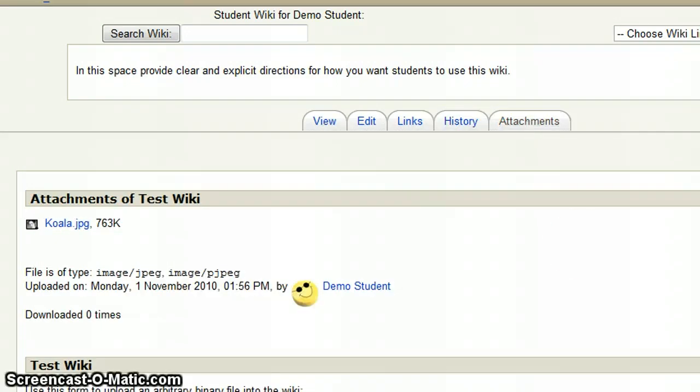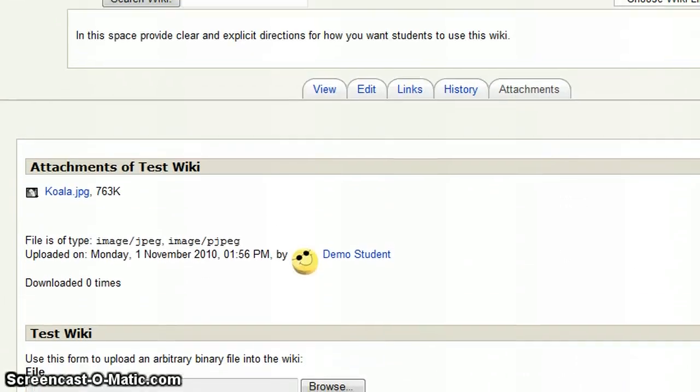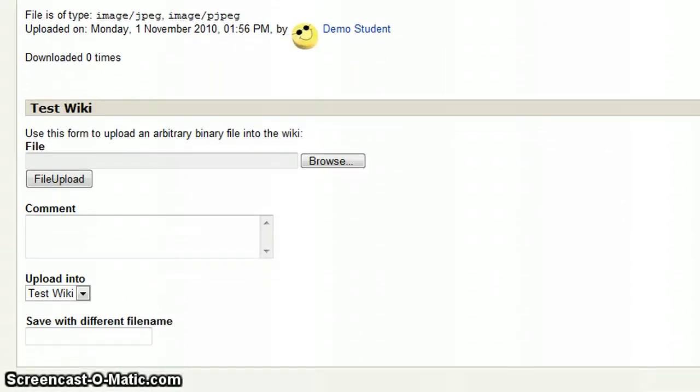Okay. Now what you'll see is that there are currently some attachments that I've uploaded, for example. So let's go ahead and upload another one, and then I'll walk through what's on there as far as the information given. If you have attachments, you'll need to scroll down. If you don't, this will be the first thing that you see. Notice that there's the Test Wiki, which is the title of the wiki. Down here will be a place where you can add comments to whatever the attachments are. So once you put the attachments up, if you want to add information to it, as far as whether it's an image or an Excel or Word document,